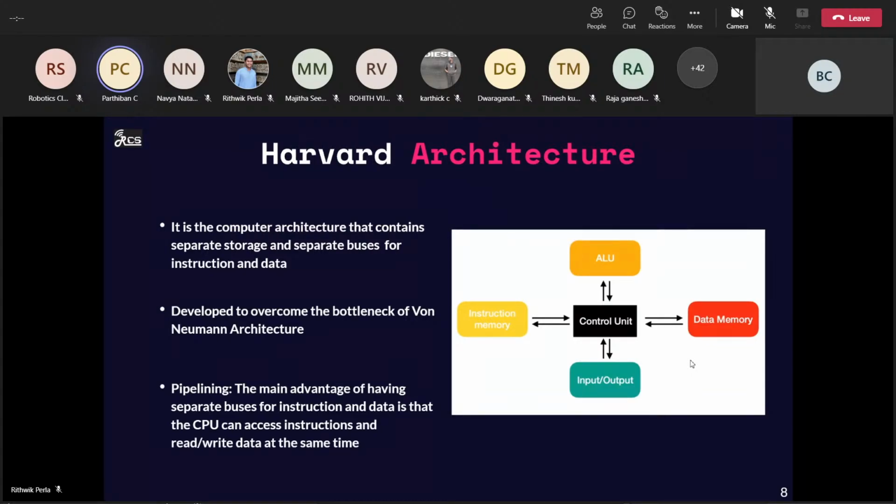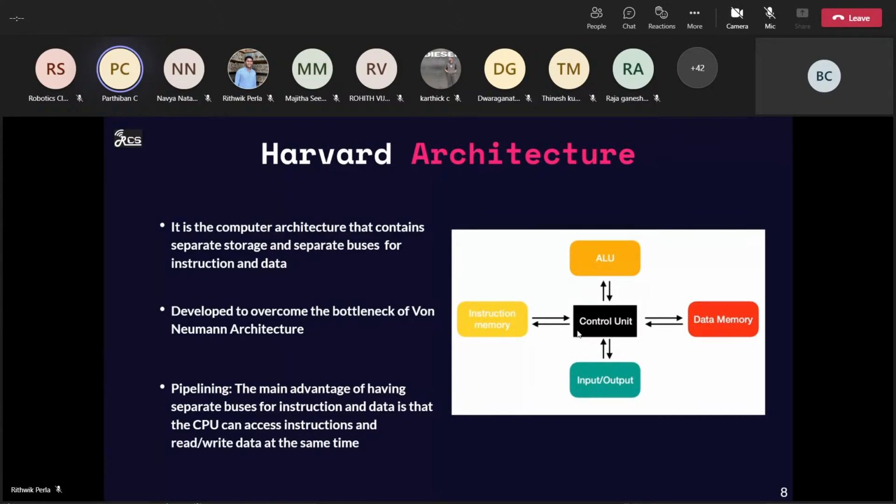Pipelining is nothing but executing the instructions and the data parallelly. When the instruction is getting executed and traversed, the data can also be executed and moved to the control unit. This transfer of data from here to the control unit can be done using the buses. The major function of the communication bus is the transfer of data. And in pipelining, this is the main advantage.